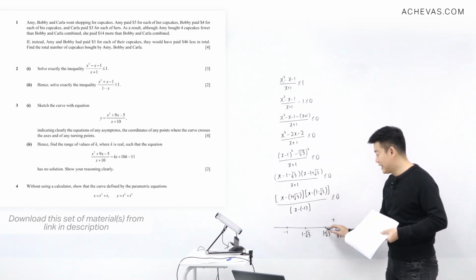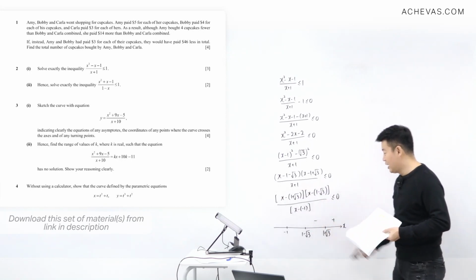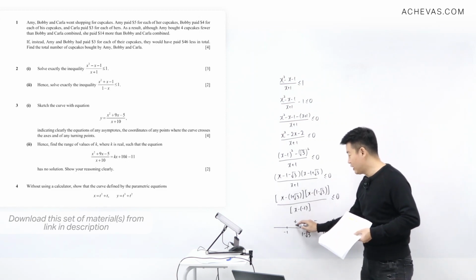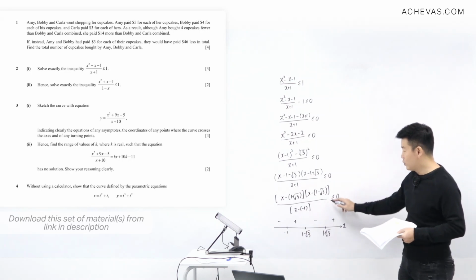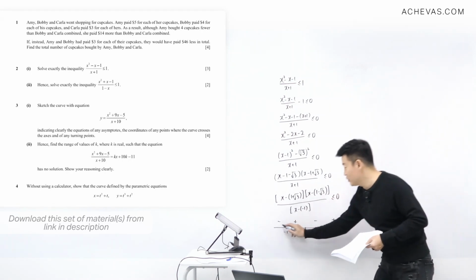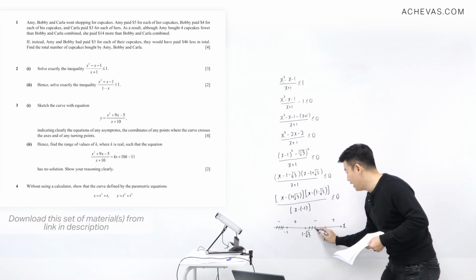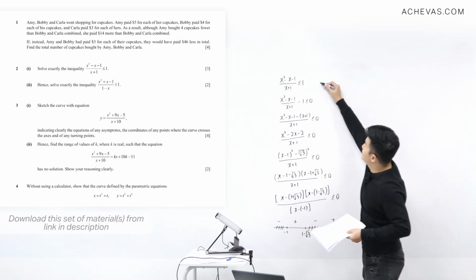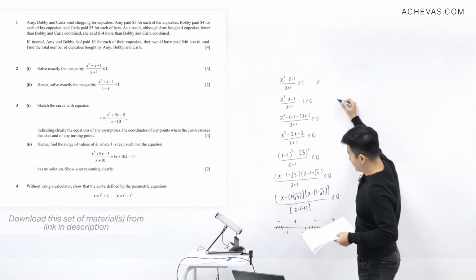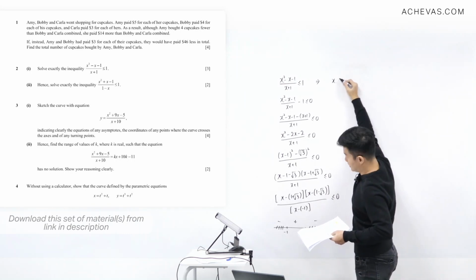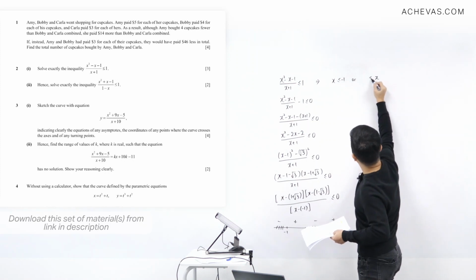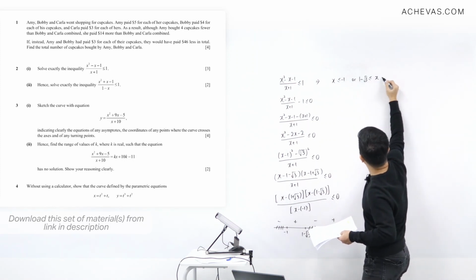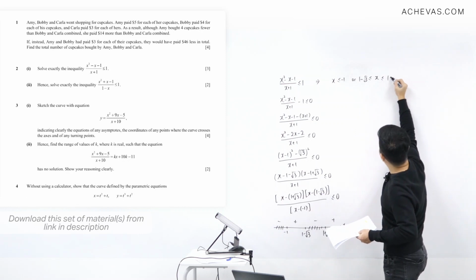If I were to substitute an x that is in between here and here into this entire expression, I'm going to get a negative. If I were to continue to do that for this interval and then this interval, I'm going to get a positive and negative. And what the question wants is for something to be less than or equal to 0. So it's going to be this region here and this region here, which means my solution is supposed to be x less than or equal to -1, or x bigger or equal to 1 minus square root of 3, less than or equal to 1 plus square root